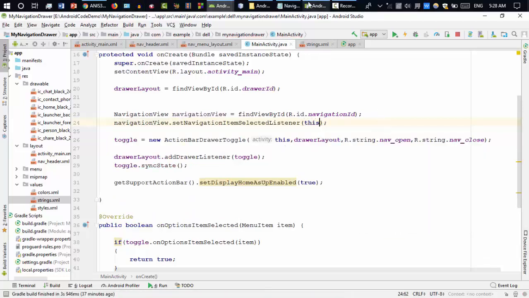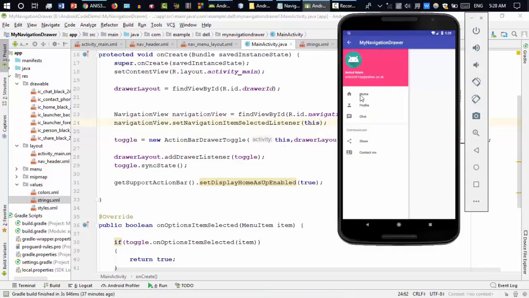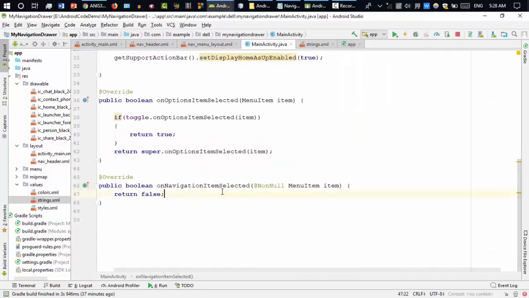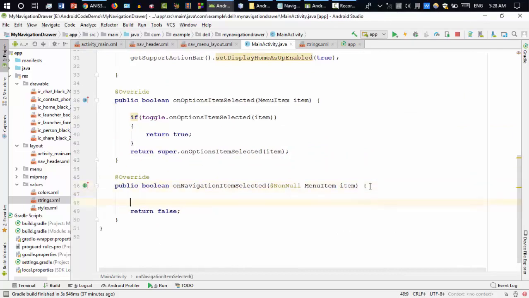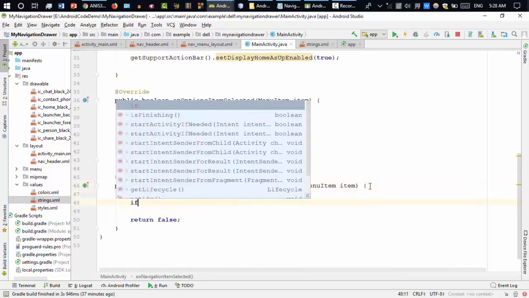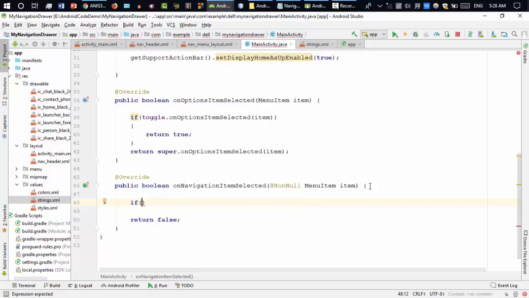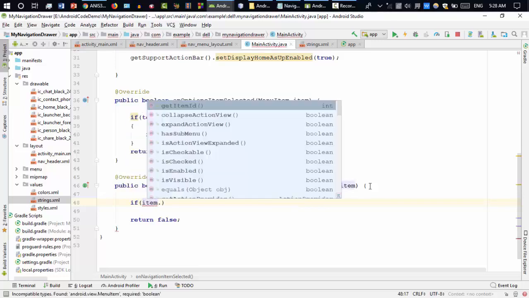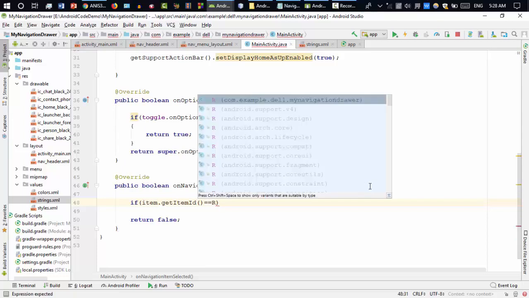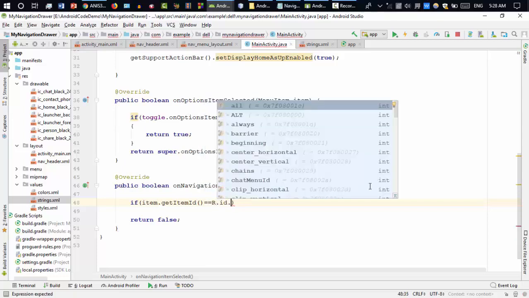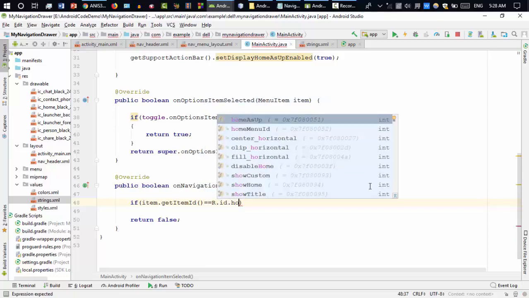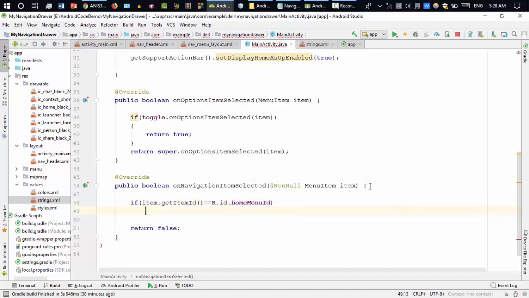Okay, so now if the user clicks on any item in the navigation view, it will take him or her to the onNavigationItemSelected method. So now you can do whatever you wish after selecting the item. So if item.getItemId equals R.id, if the user clicks on the home menu id, home menu item, then